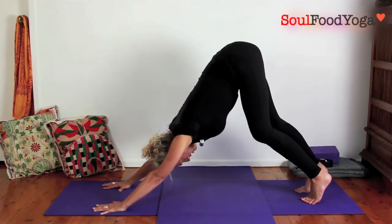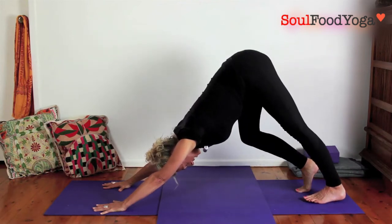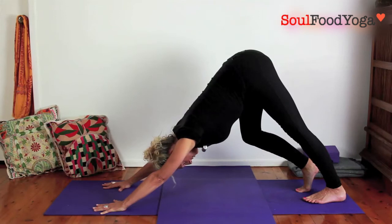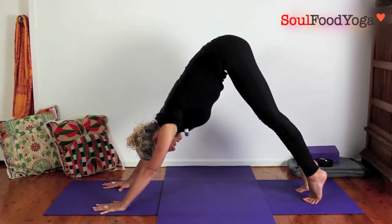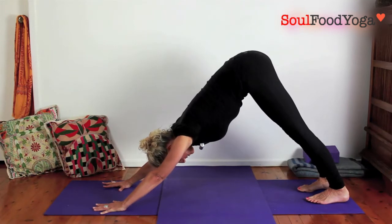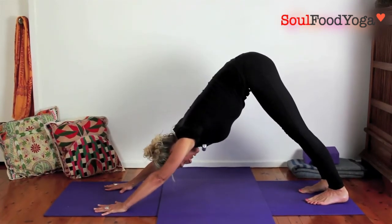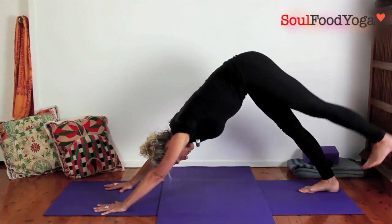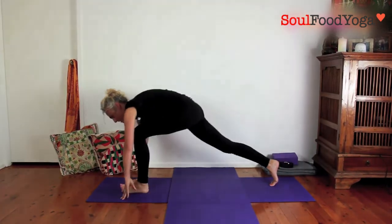And then coming high onto the balls of the feet, bending the right leg, and extend your left heel down to the mat. Stretching out through the back of the leg. And come high onto the balls of both feet. And as you exhale, taking the heels down. And from here, we're going to raise the left leg back halfway, look to the hands, and step that foot